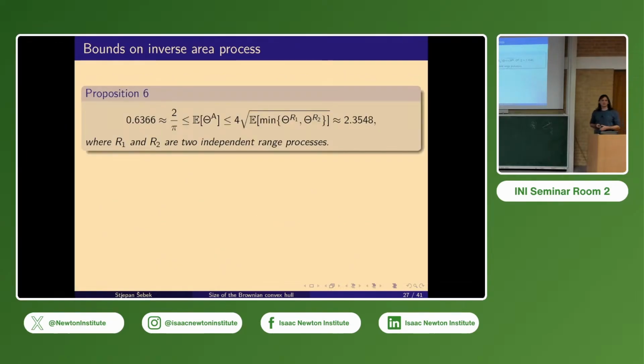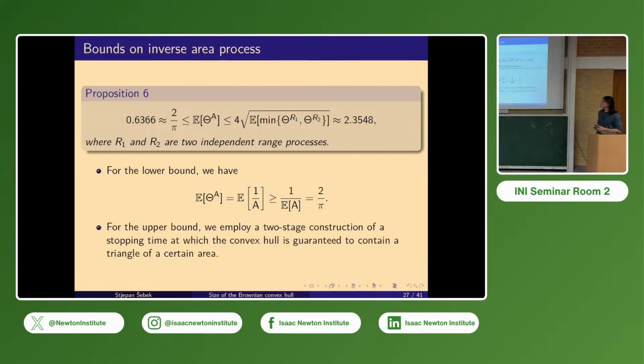And when it comes to area, that's where we got a little bit more creative. For the lower bound, nothing changed. We again use the same thing: we use the equality in law between theta a and 1 over a, and we use Jensen, and we use what we know, that the expected value of a is pi over 2. But when it comes to the upper bound,